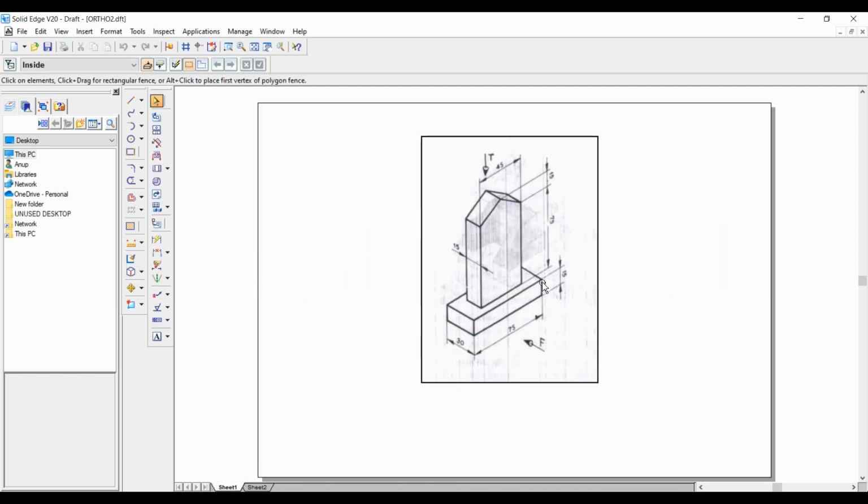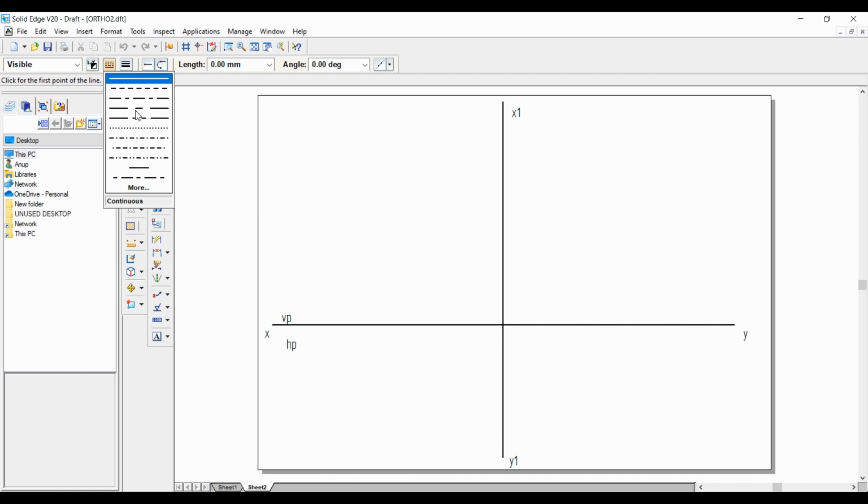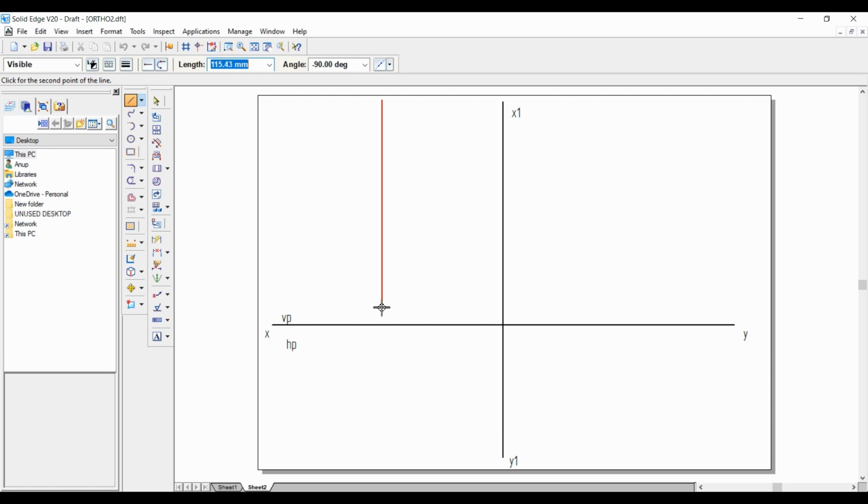These are the parts which we can see in the front view, and also when we see the figure, it is a symmetrical figure. That is, when we cut the figure at the middle, we get equal parts. Okay, so now first let's draw the axis line. Here select the line option, then change this to the third one, that is the XY line, and change the thickness to 0.13. Okay, so let's draw this, then right click.